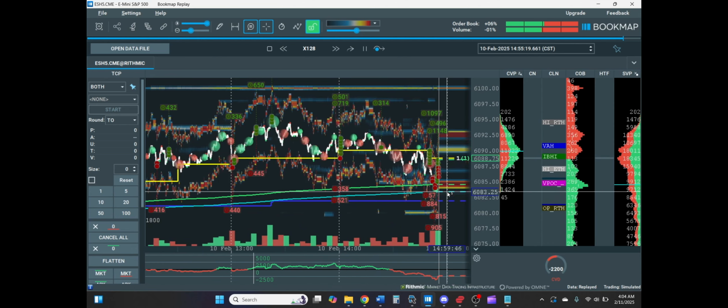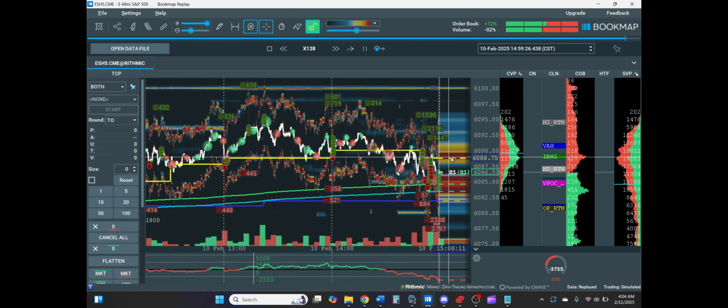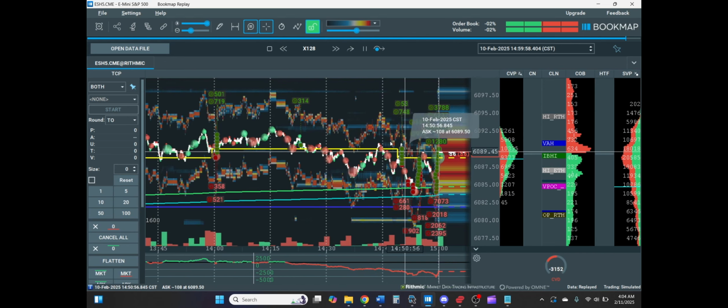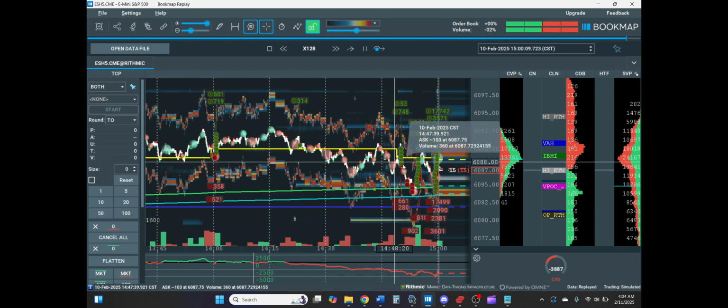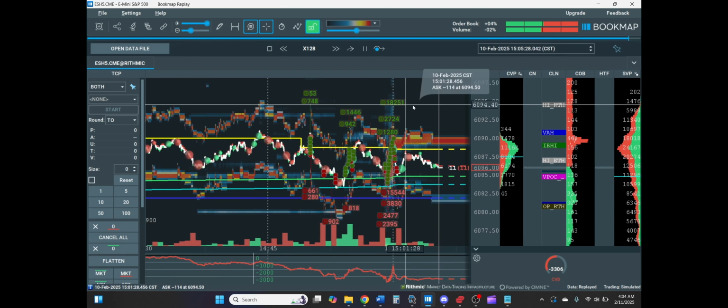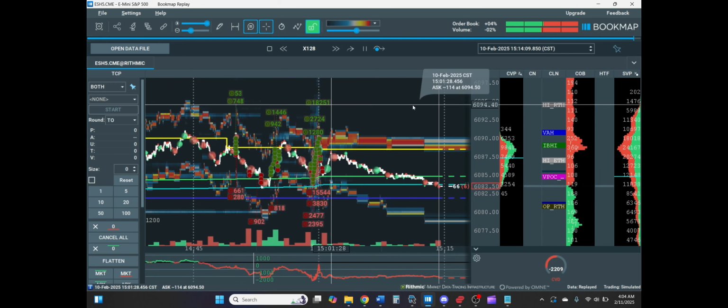So potential long there. It got scaled. Not a trade recommendation, but